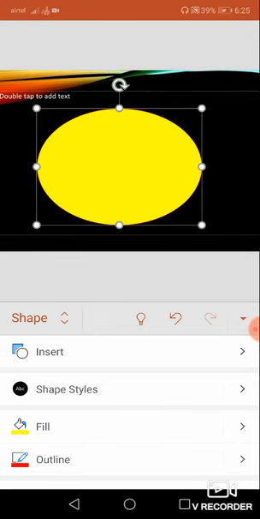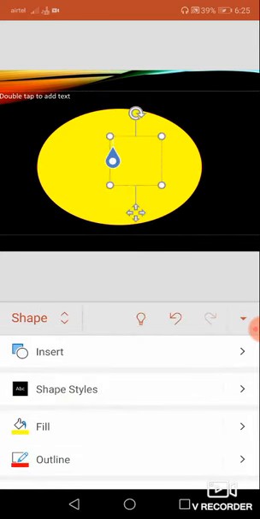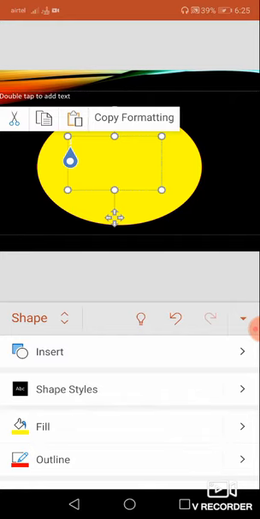Okay, and if you want to insert some text, you can go for this text box symbol. Here you can see this is the text box where you can type. Inside your particular shape also you can type. For example, I am just going to type circle.